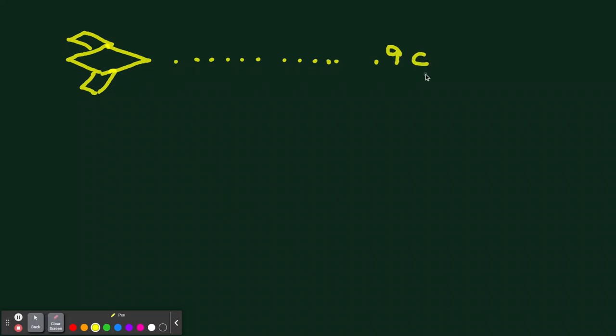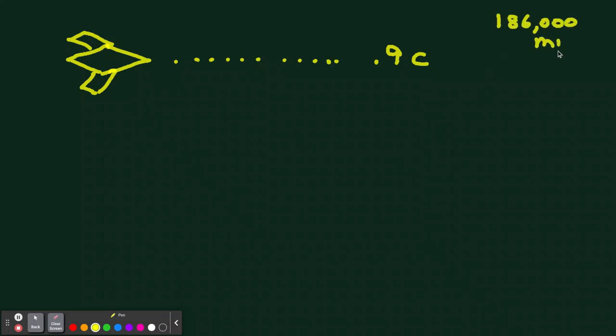So let's say we have our ship here. Make a ship, kind of weird ship. Some wings to it. Some special ship. Who knows what it's called? And you're moving at 0.9 the speed of light, which is very fast, right? Remember, we said that light is